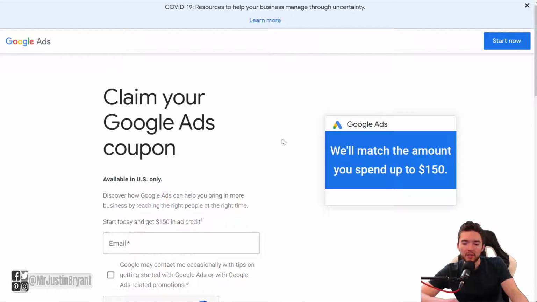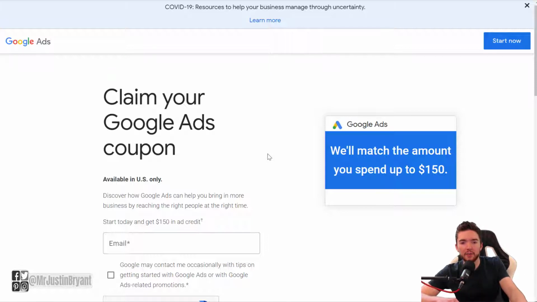So Google, what they say, they'll match the amount you spend up to $150. So you do have to spend money for this one. But I have seen some where they will actually give you credits just to start. So you might look into the major ad platforms of, say, PPC advertising. Look into Google, look into Facebook, look into Bing, look into these different ones and see if they have any kind of free programs where they will give you some sort of free advertising just to get you to try it. And that could be a great way to especially give a boost to your best content.